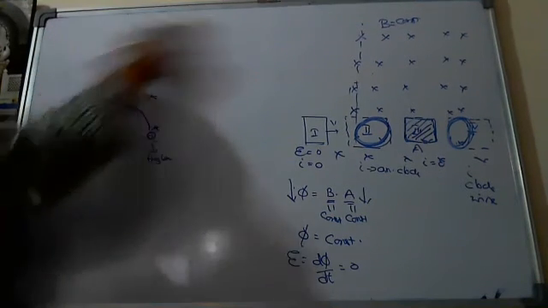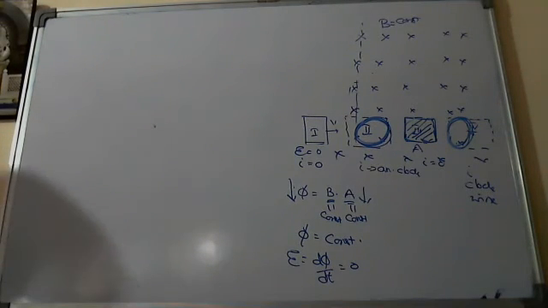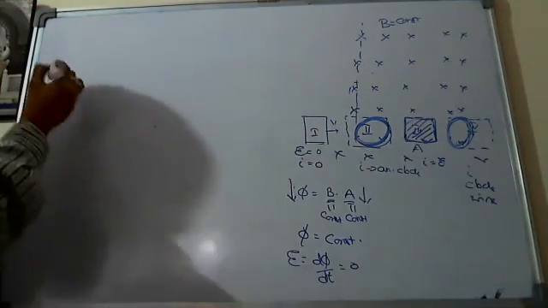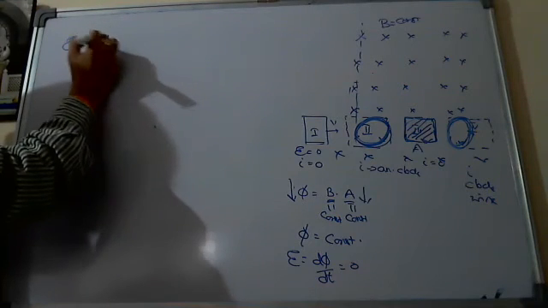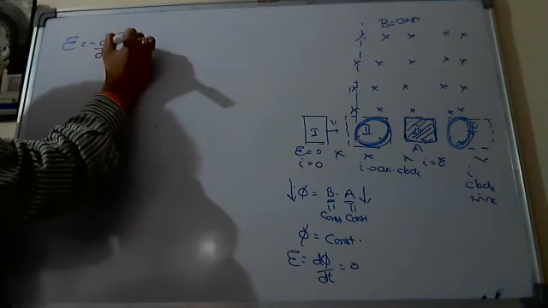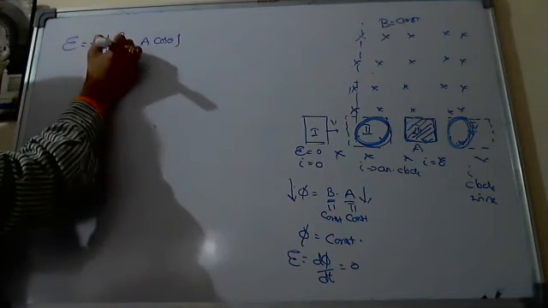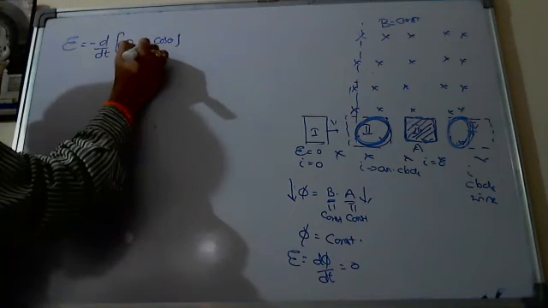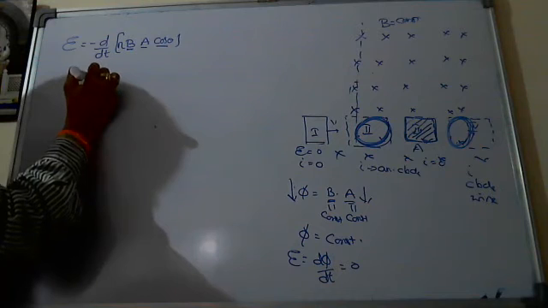Yes, sir. So that type of models, I think you can say, are for the closed loop. And here, sometimes, Nana, they take not the closed loops. Many models will be there according to the formula minus d by dt of B dot A, that is BA cos theta. For a coil, we add the number of turns also. By changing B, by changing A, by changing theta, there are many types of questions. I am not explaining them. I think you can solve them.